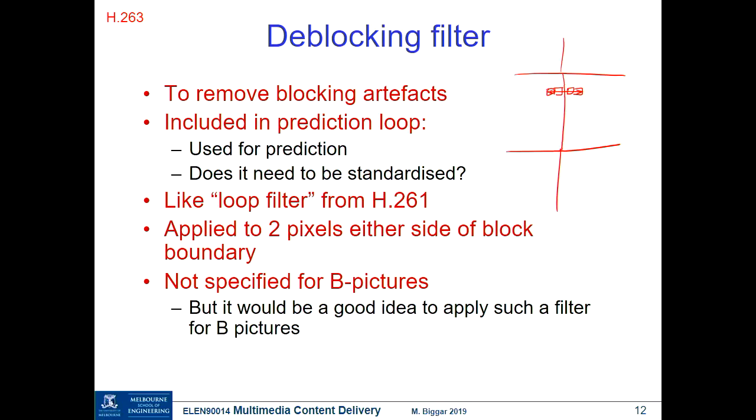It's a bit of detail just to keep you thinking. It's not specified in the standard for B pictures. Why is it not specified in the standard for B pictures? A bit of a hard one, this one, but you have enough information to answer it. We've said that it's in the prediction loop, so we think it needs to be standardized. But because B pictures, you use the I and P